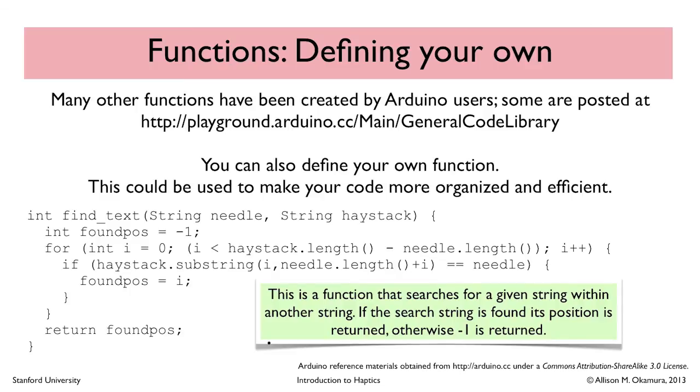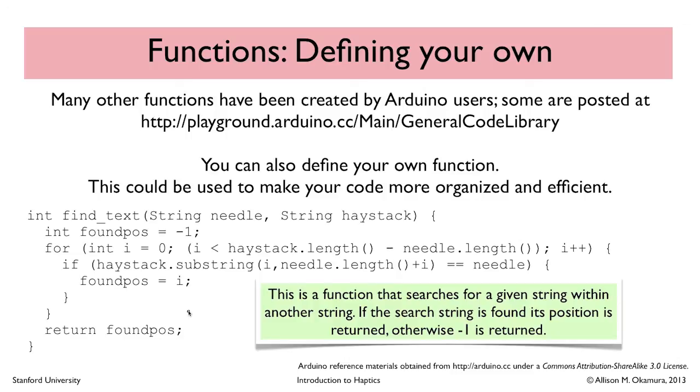Finally, let's talk about defining your own functions, whether you're going to make it up yourself or you're going to use a function created by other Arduino users, which, by the way, you can get at this website. Let me just show an example of a function that was defined by someone else, which is a very simple one. The idea being that although this code could just go inside of an existing function like the loop function, if you want to use it over and over again, it can be efficient to just put it somewhere else